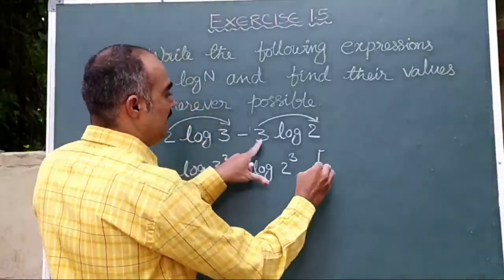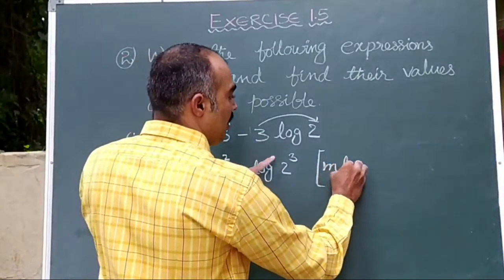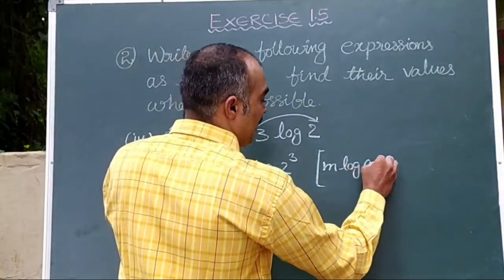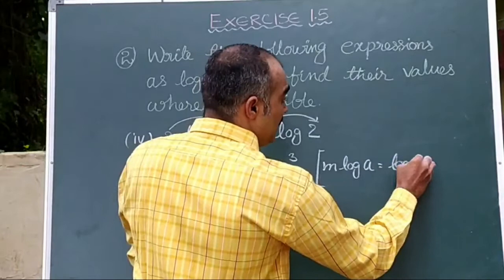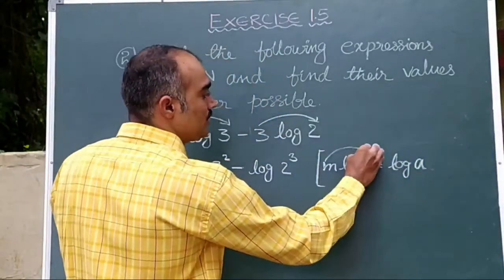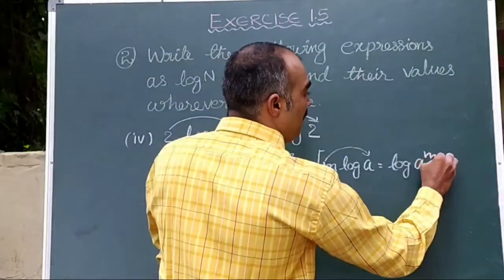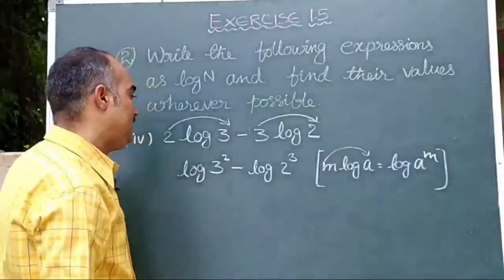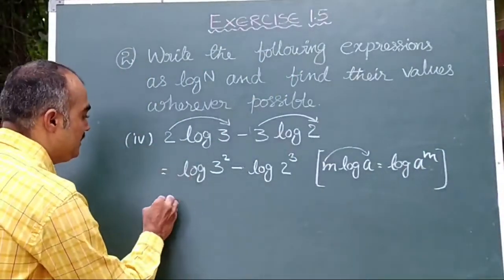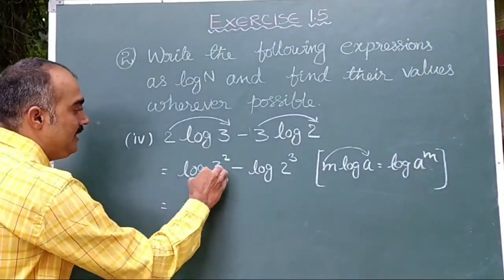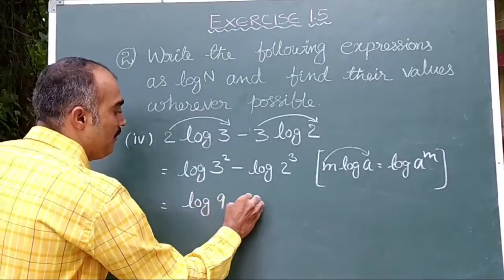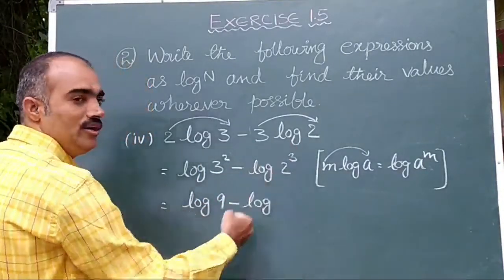The formula is, see here, m times log a can be written as log a power m, this m moves here. Right. Now this is equal to log 3 square is 9 minus log 2 cube, 2 into 2 into 2,